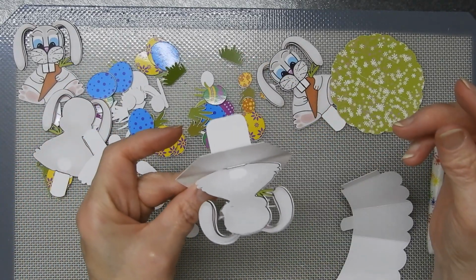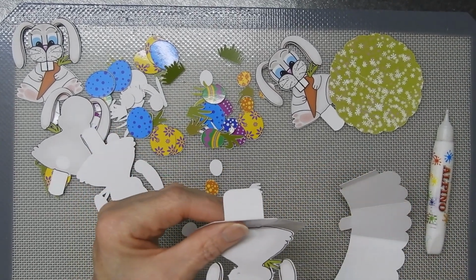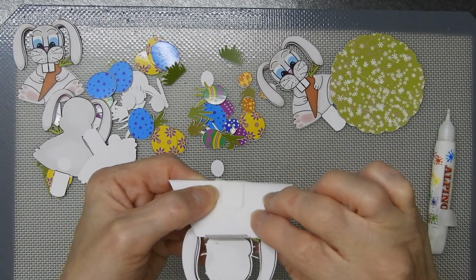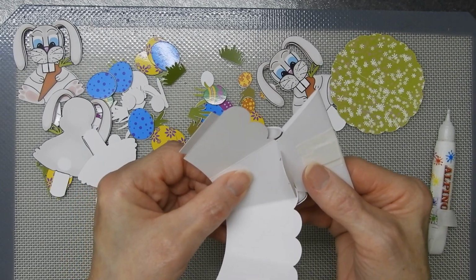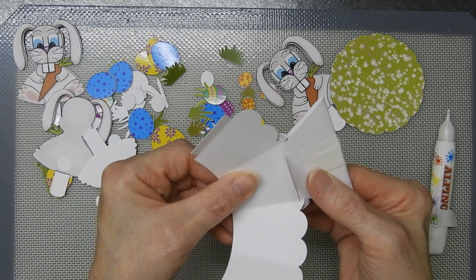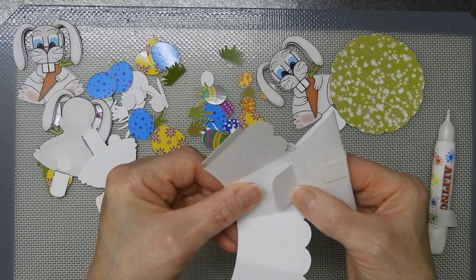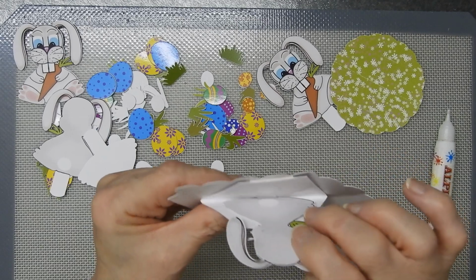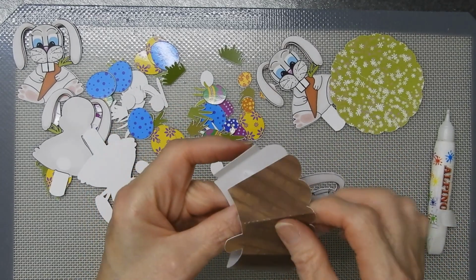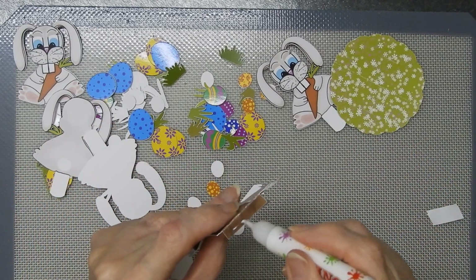Now it's easier to put this first piece down with your basket open, and I'm just going to use double-sided tape for this. Fold it up like that, fold the tab down, do it upside down like that. So you put this in line, judge it to be just where those scallops finish, and do that, and that works out very well. Now you can put this inside, you can put your glue on here like I did before,